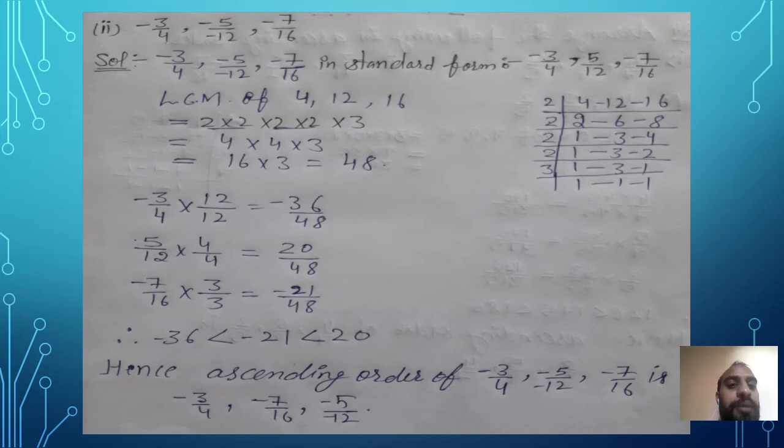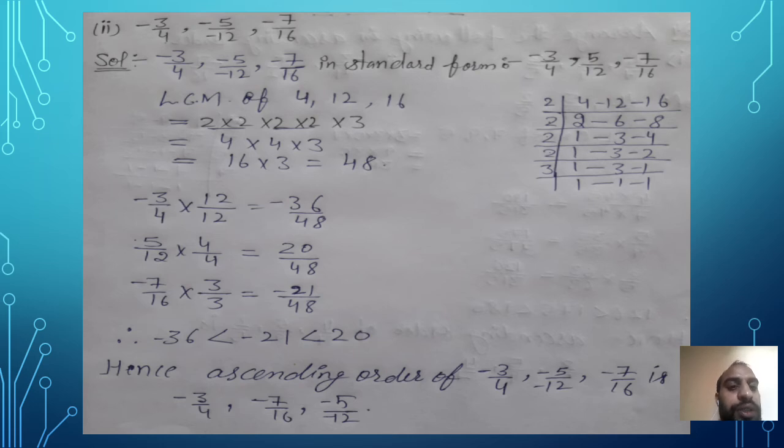Next we have minus 7 upon 16. Now 16 is in the denominator. Then check the table of 16 where 48 is coming. So it is coming with 3. 16 times 3 is 48 and 7 times 3 is 21. Now next task, as I told you, just arrange them as smaller, greater and greater. So here in general 36 is the greatest number, but as we are applying the minus sign, it becomes the smallest one.